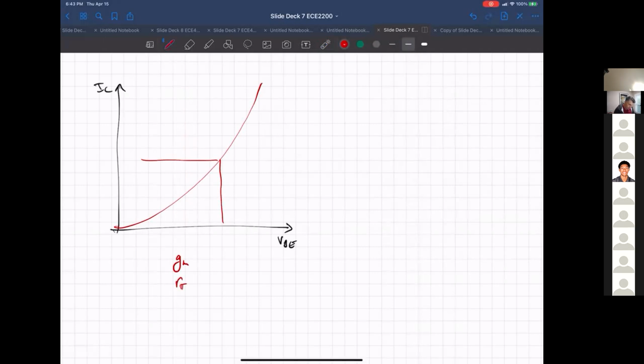If you figure out I'm sitting at this VBE1, it gives me a certain IC1, and from there I can find my small signal parameters. Usually, whenever we do VCE, let's say there's no early effect for the sake of discussion,